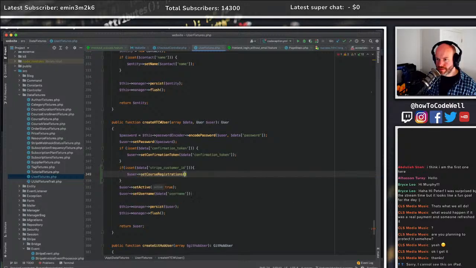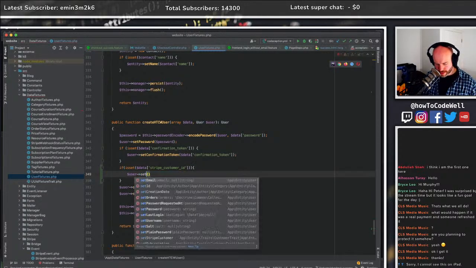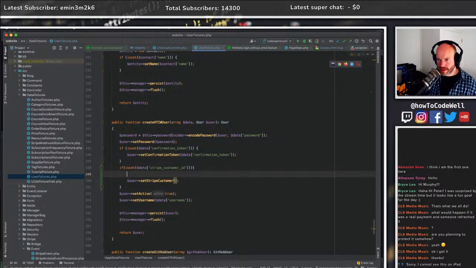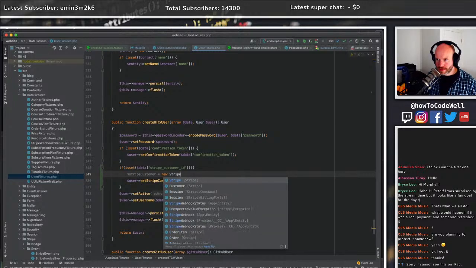Oh wait, I need to build one. I didn't think of that. Set Stripe customer. Yeah, I need to actually build a Stripe customer. It's an entity. Yeah, okay, let's do Stripe customer is equal to a new Stripe customer